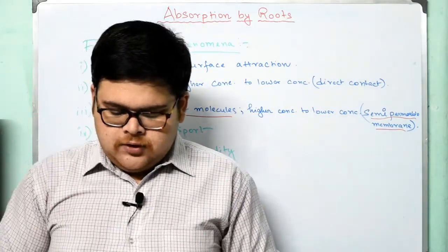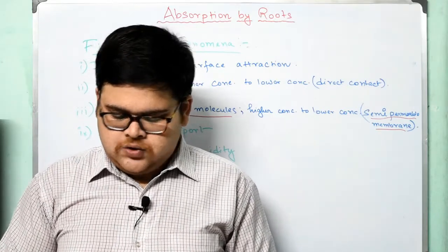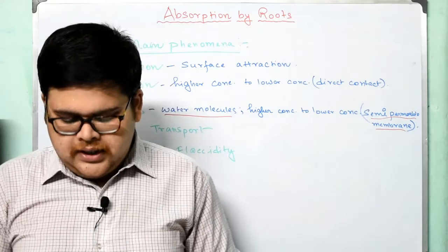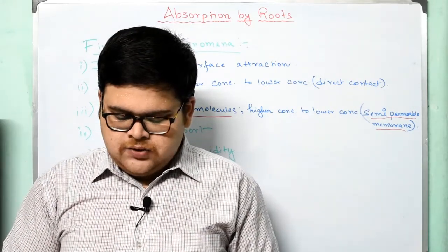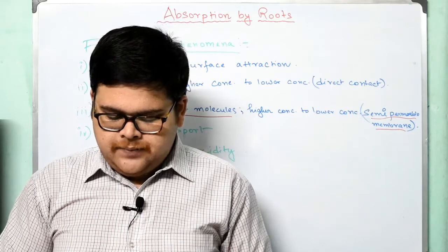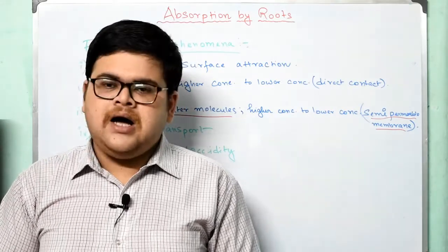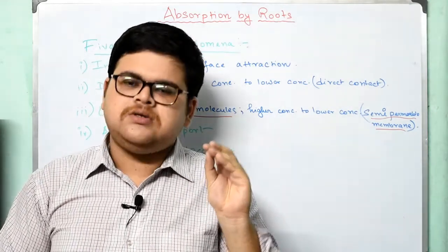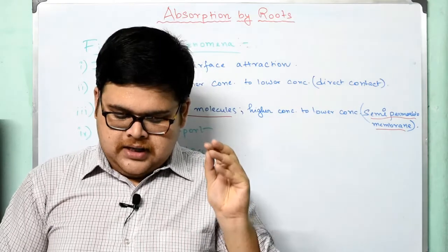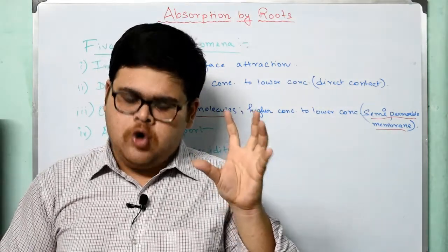The result may be as follows: cell shape and size remain unchanged when the solution outside is isotonic. The cell shrinks in size and loses shape when the solution outside is hypertonic, that is, during a hypertonic solution the cell will shrink, and during a hypotonic solution the cell will get enlarged or even burst, that is, it will grow up. Okay.